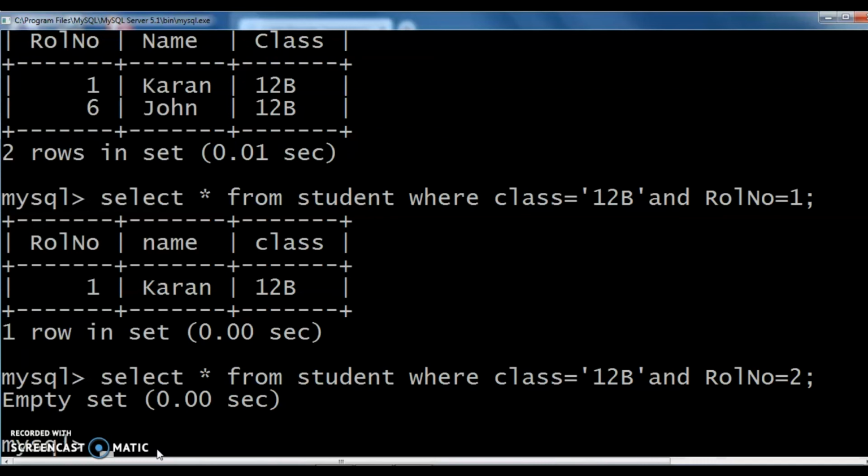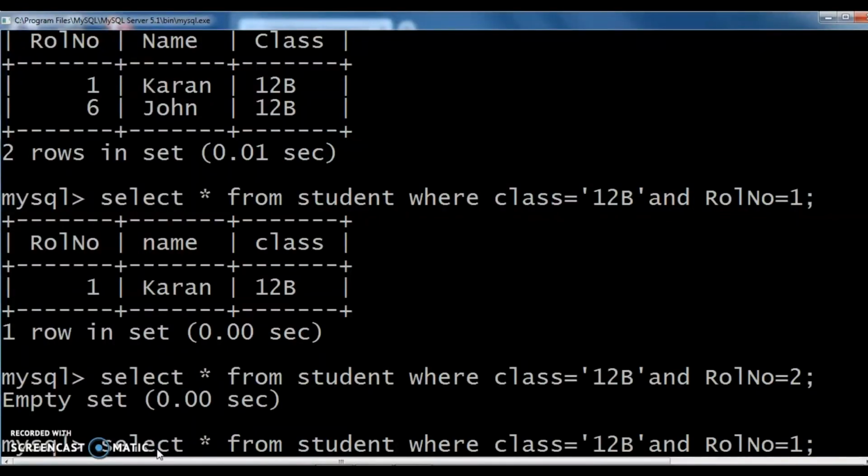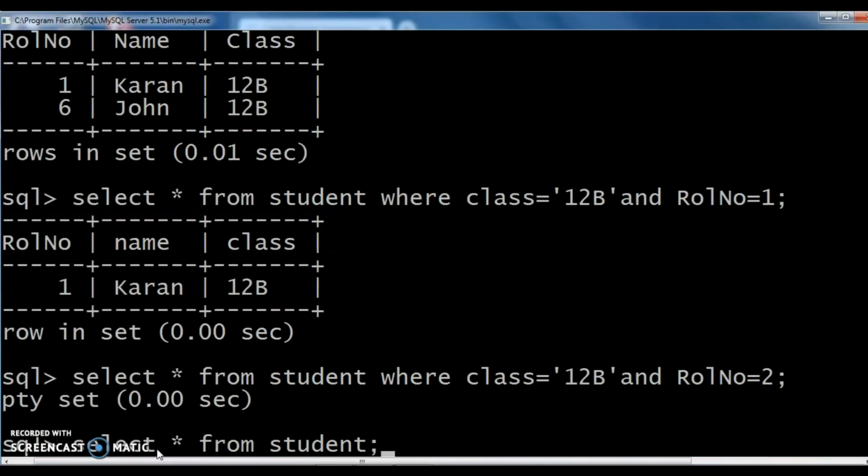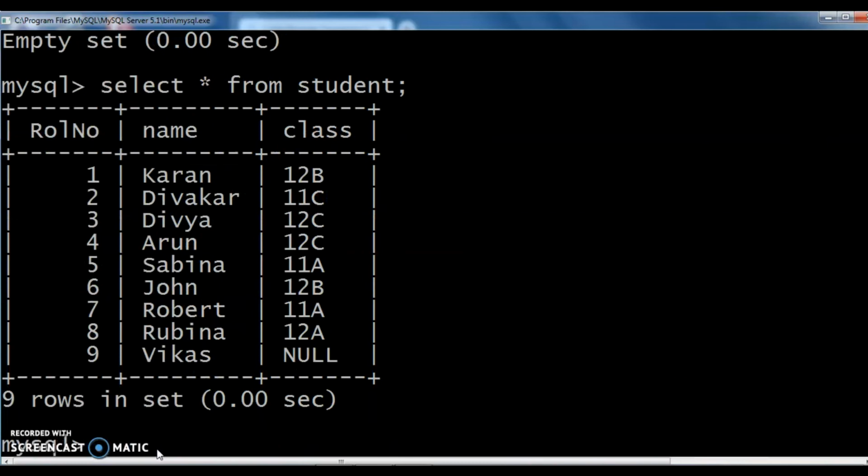Clear? Then the next is, what is the usage of this distinct keyword? We can eliminate the duplicate values. That means, select star from student. Check this one. From this table, we can identify from this class field, 12B is repeating there, 12C is repeating, then 11A also repeating. Then I need only 12B, 11C, 12C, 11A, then null.